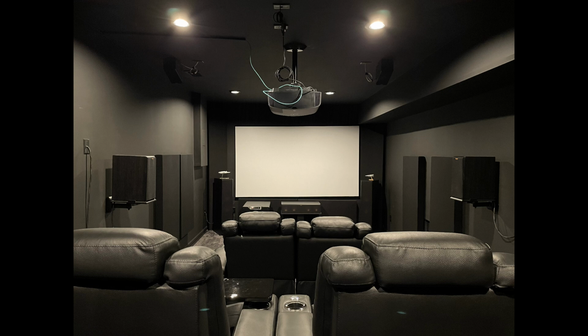So I've been giving thought recently to going acoustically transparent, building a false wall, and essentially moving my screen up. It'll be roughly 3 feet closer than where it is right now. And yeah, going acoustically transparent, moving my front left, right, and center speakers and subwoofer behind the screen,